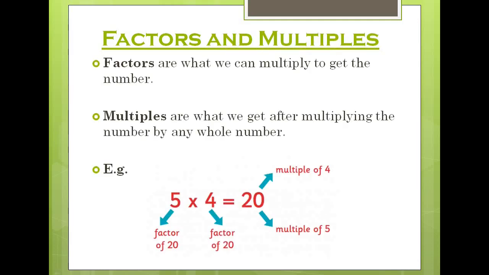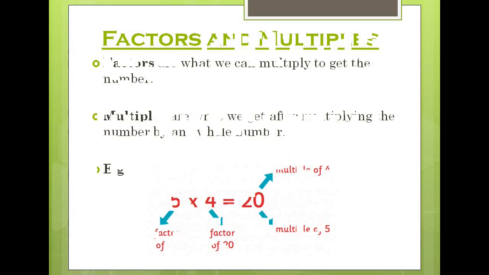So check again. Is 20 perfectly divisible by 5? Of course, when you divide 20 into 5 parts, you have 4 groups that are forming. Similarly, when you divide 20 by 4, there are 5 groups that are forming, isn't it? So it is dividing it exactly and leaving no remainder.